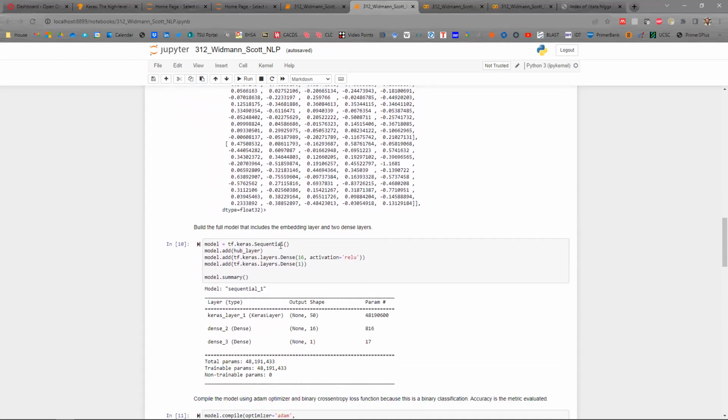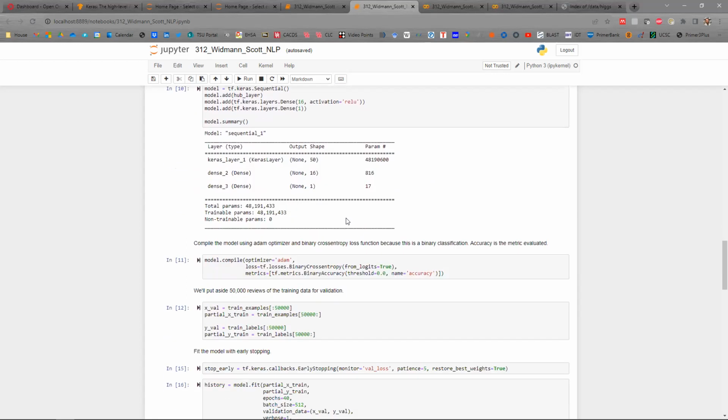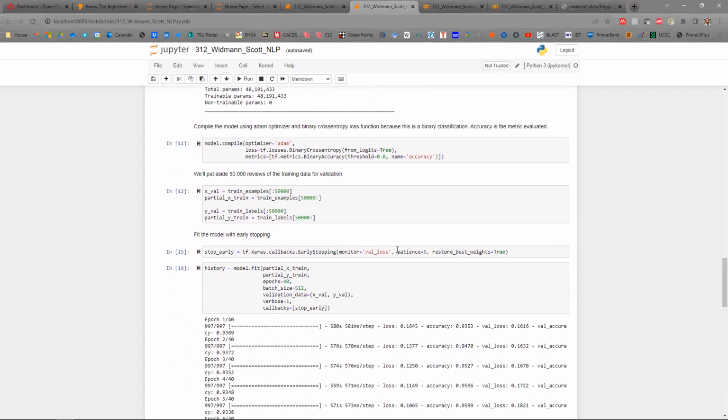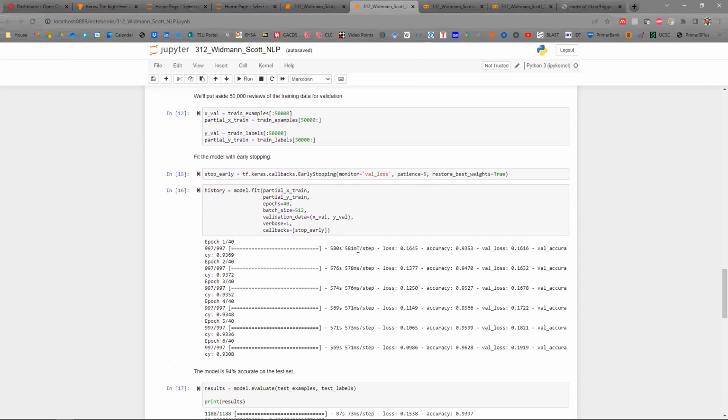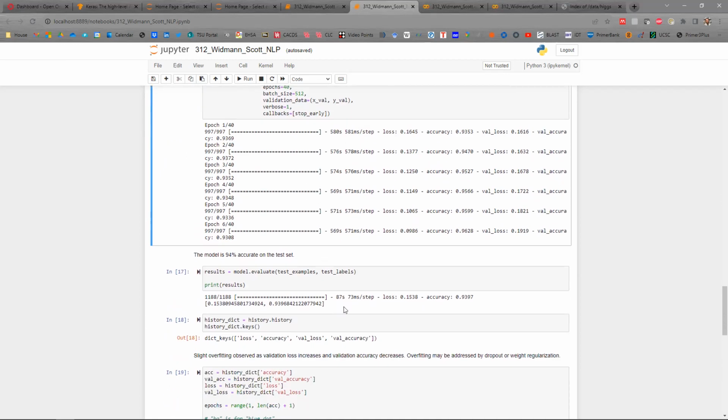And so here we're just using the simple sequential layer, the 16 node layer, and compile. We put aside 50,000 reviews for validation. And then we're going to use early stopping, and we'll train. Looks like it didn't take very long to train. It stopped at around 6 epochs, and it's 94% accurate on the test set, determining whether this review was positive